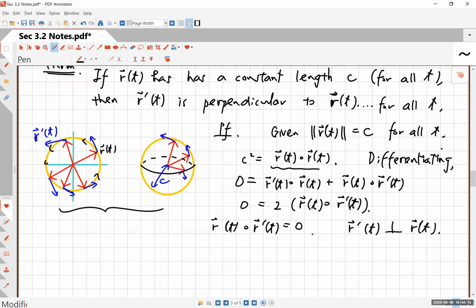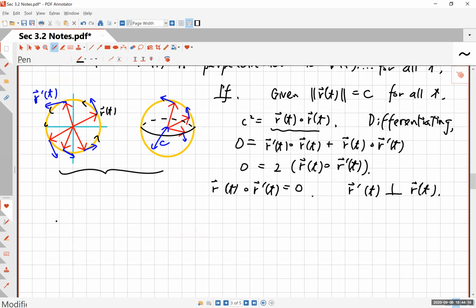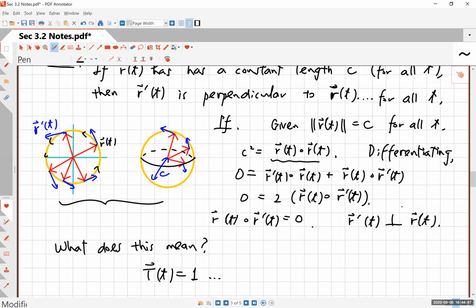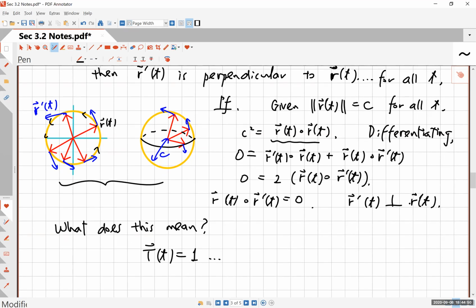I'll tell you one thing before I finish. What does this mean? In particular, remember T, this unit tangent vector. Because of its name, you can tell it's always a unit vector. So the theorem does apply to the capital T function, the unit vector function. The unit tangent vector has constant length because we made it that way. So that means,